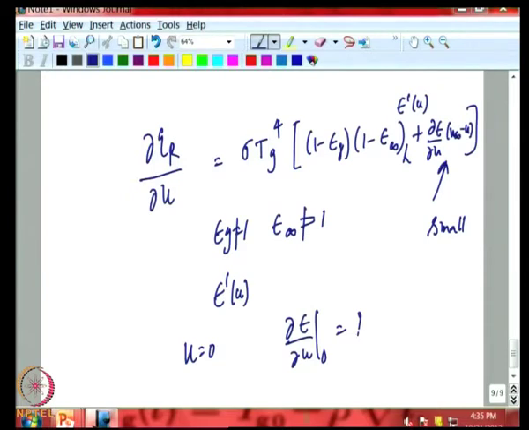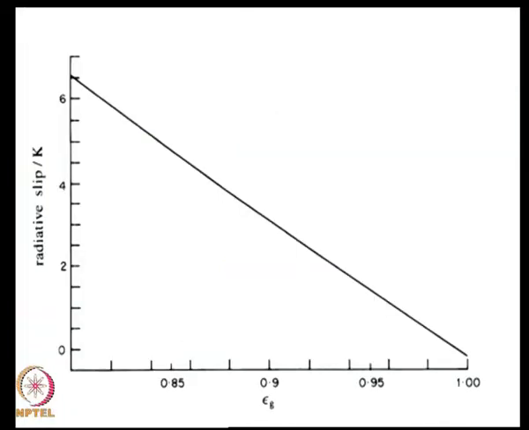And if you go back and look at the figure we saw earlier, near the ground there is a slip, which is a phenomenon which occurs in radiation, and the slip depends on the emissivity. If the emissivity is close to 1, there is no slip near the ground. As the emissivity decreases, the slip becomes larger and larger, and this slip is a basic requirement for minima to occur. The ground has to be warmer by a few degrees with reference to the atmosphere for the minima to manifest itself. So, this shows the important role played by ground emissivity in controlling the radiation slip.